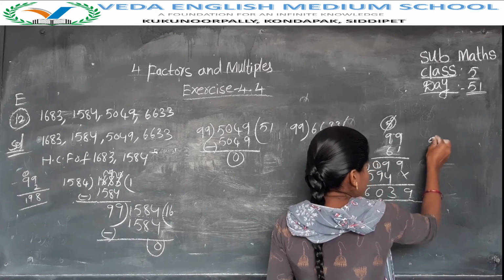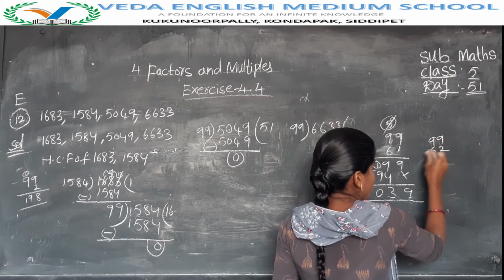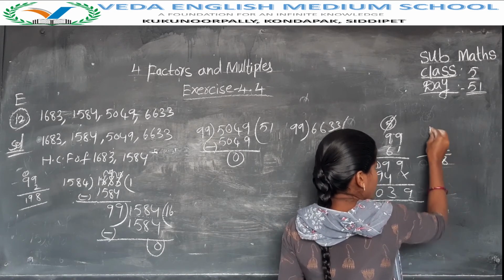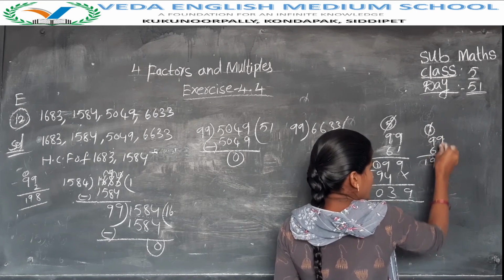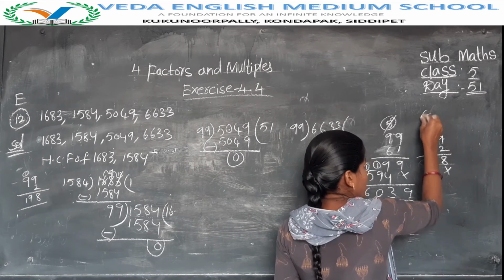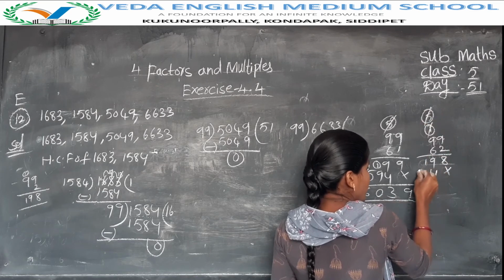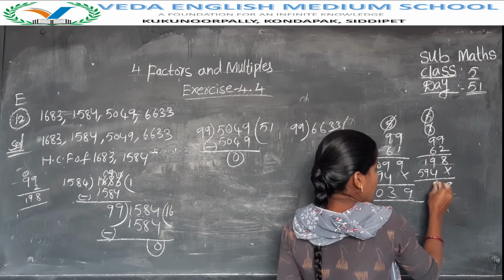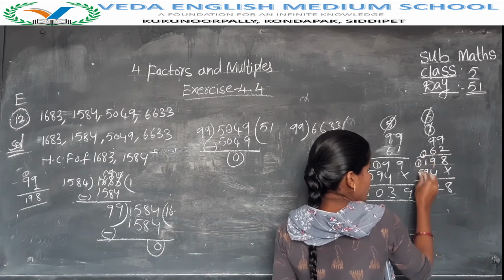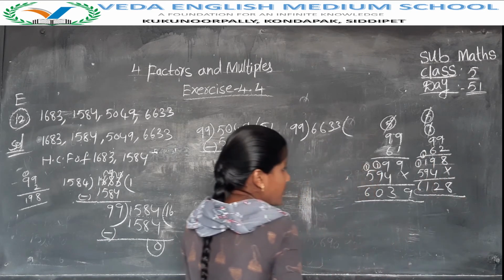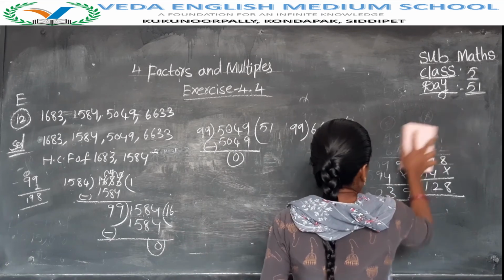6,039. Next 99 6 2s are. 2 9s are 18. 18 plus 1, 19. 6 9s are 54. 54 plus 5 is 59. 8 plus 4, 12. 9 plus 1, 10. 10 plus 1, 11. 6,128. 99